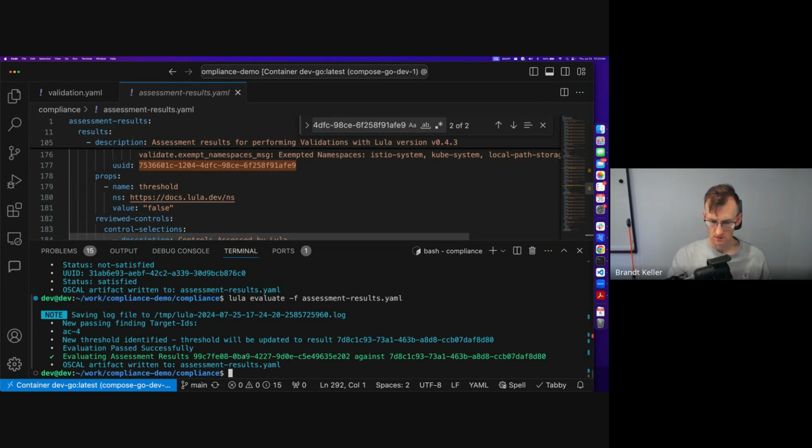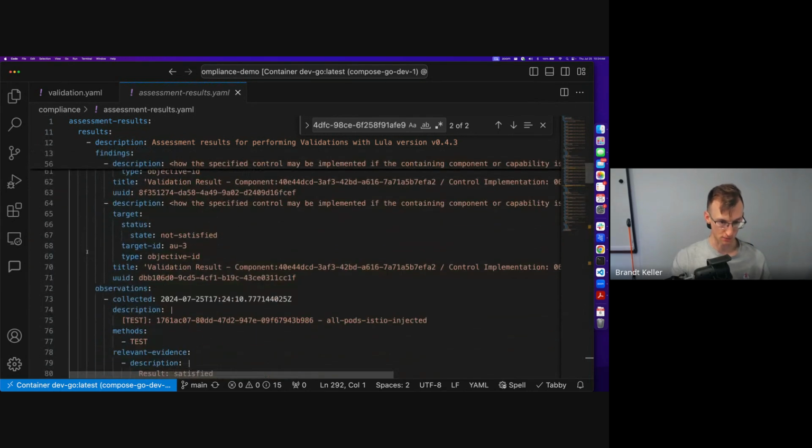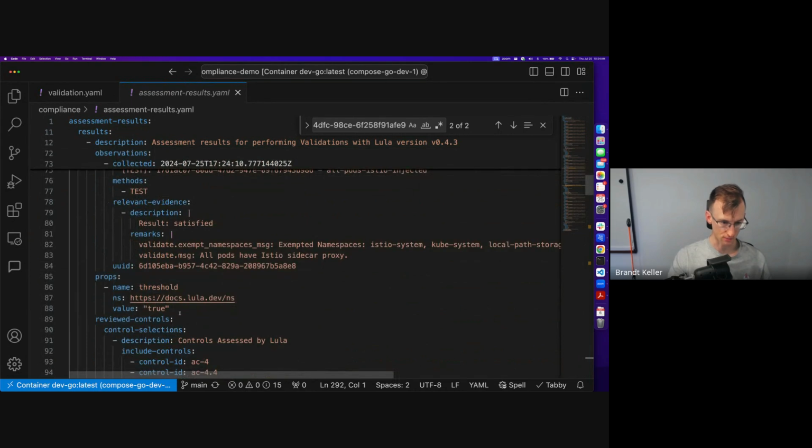And then we can rerun evaluate again, and see that we are now back to a passing threshold. And I think evaluation passed, new threshold identified. And so what it did is went and updated our threshold so that it actually is established this time. And if we looked at this one here, this is what you would expect to see on your threshold. So for every evaluation here on forward,